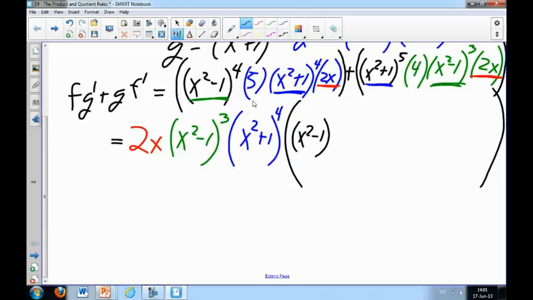The 5 didn't get factored out, so it's still 5. The x squared plus 1, there's 4 of them, and we factored all 4 of them out, so there's none remaining. So that drops out. And the 2x we factored out here. So that must mean the 2x is already factored out, there's none there. So we're done with the first term,